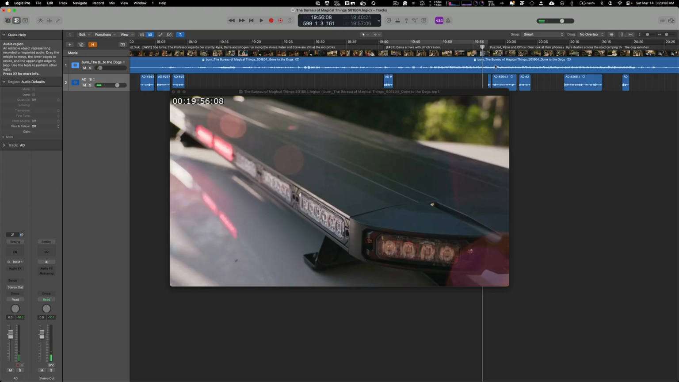So yeah, that is how to record a pickup. And then after that, you export your file, send it off, do whatever you need to do. And that's it. For anyone curious, the episode being featured in this video is from a show called The Bureau